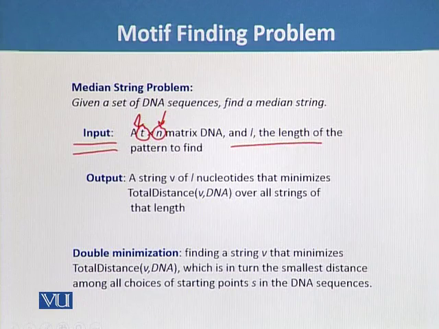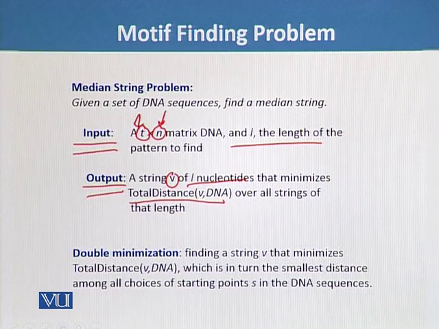This is the same type of algorithm we have seen in the previous module, and the output will be a string of V of L nucleotides, meaning an L-mer, that minimizes the total distance, that is V, DNA, over all strings of that length. So we will get the double minimization by using this algorithm,